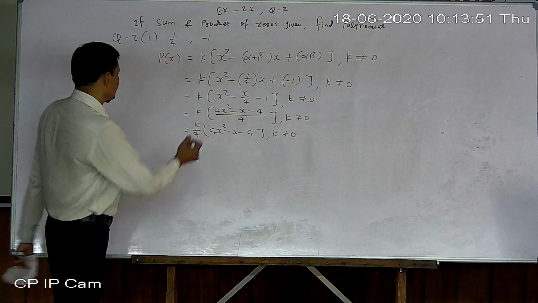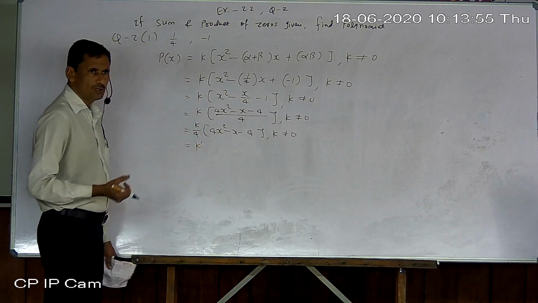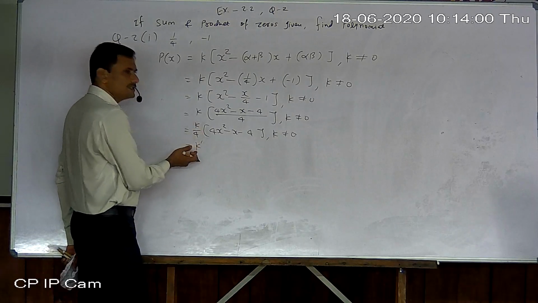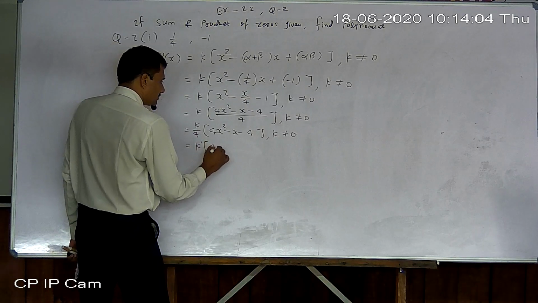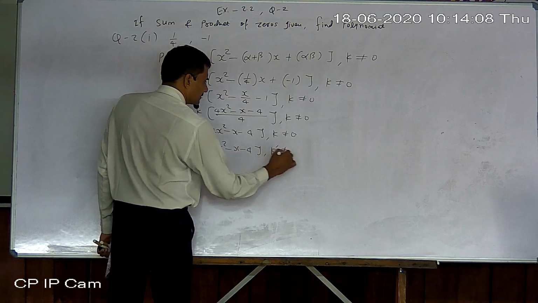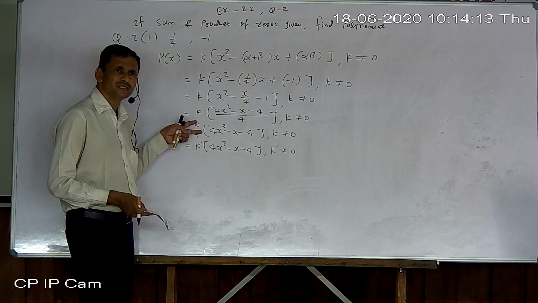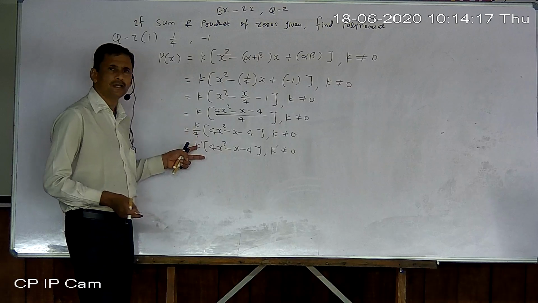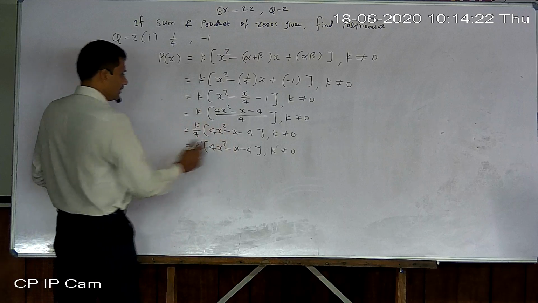Okay. Now instead of k by 4, if you want only a new symbol, then you can write it. Why write k by 4? This is not important at all. So we can involve a new symbol also, so 4x square minus x minus 4, where k prime is not equal to 0. Any letter you can suppose. Instead of these two numbers, just remove them and replace by 1 only. Okay, so that is your real answer.